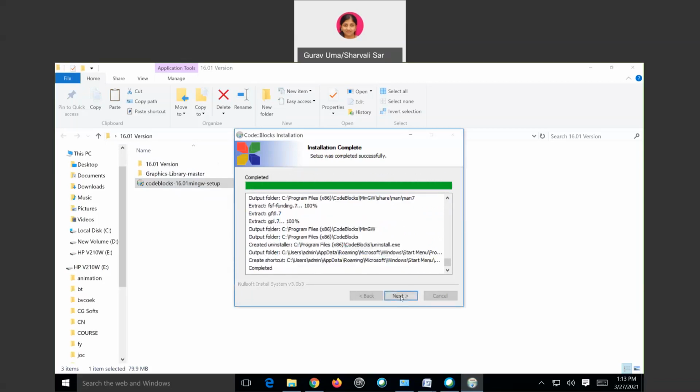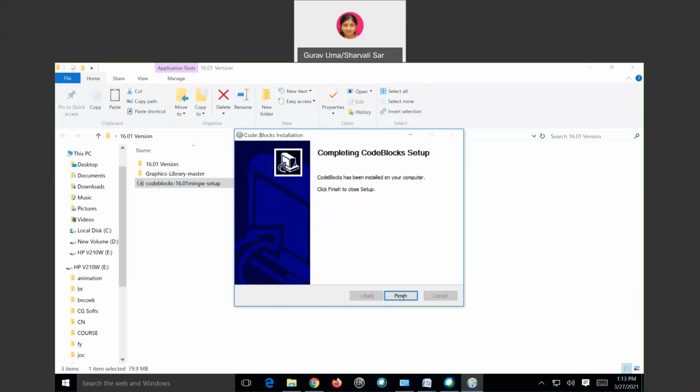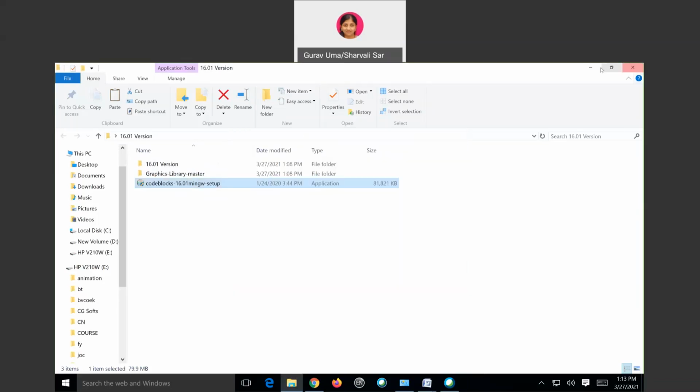So click next and finish. So now our Code::Blocks is installed.